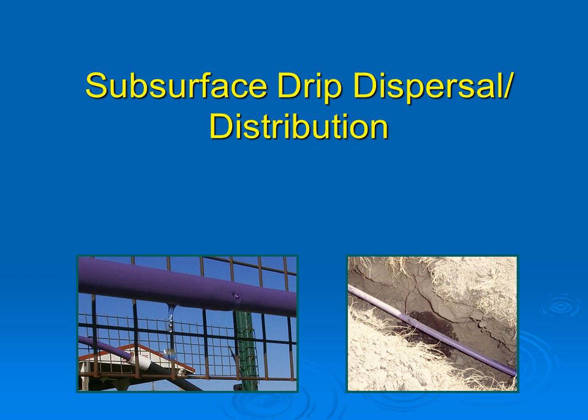Today, we will be talking about subsurface drip dispersal or drip distribution. This system consists of a small diameter, pressurized distribution network that delivers small, precise volumes of pre-treated effluent at slow,